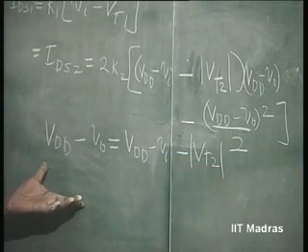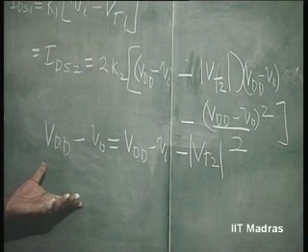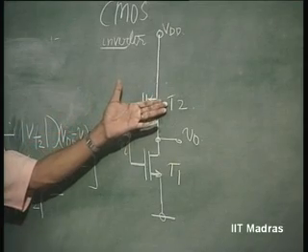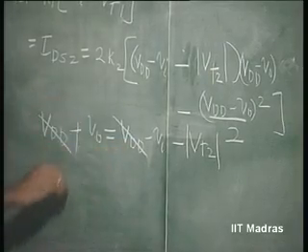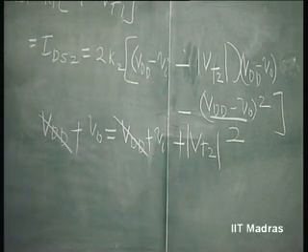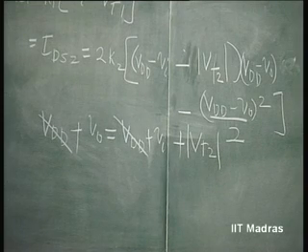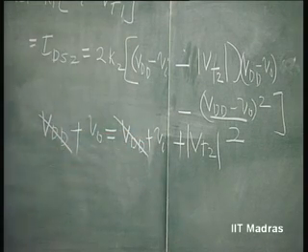So, this is the point at which it is entering the current saturation region. What is this? You can cancel VDD. So, this is nothing but V0 equal to VI plus magnitude of VT2, another line,